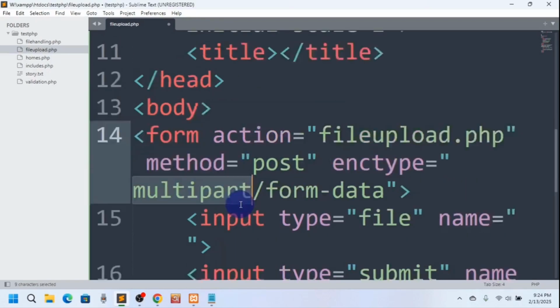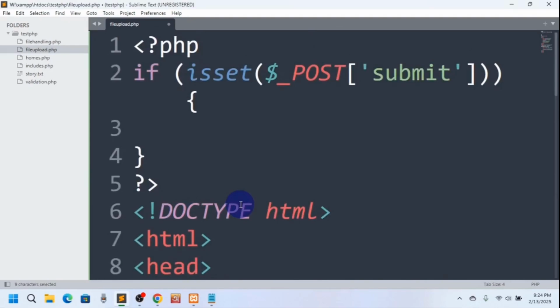Why multipart? Because when we work with files, it will be considered a multi-dimensional array. We have an index array, we have an associative array, and we have a multi-dimensional array. So when you work with files, you have to work with a multi-dimensional array. So here when somebody clicks on submit, our localhost server creates a temporary space or temporary location for our file. So what we have to do is move the file from the temporary location to our